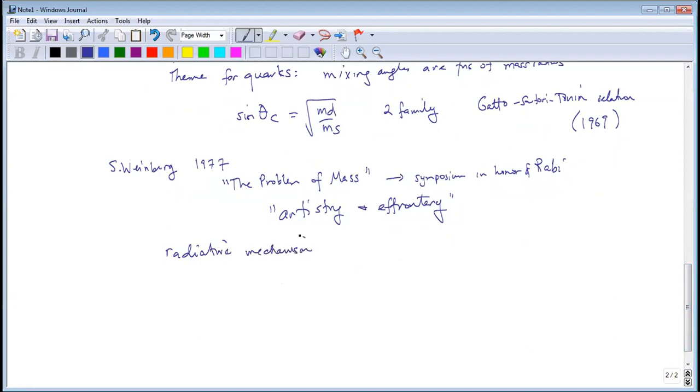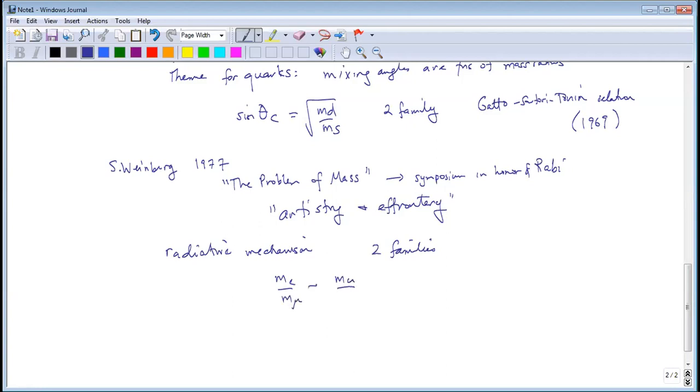So basically, he was imagining that there was a heavy generation. Remember, back in those times, it was basically just thinking about two families. So imagine that you have one heavier family, and then the second, the lighter family, gets masses generated via loops, which he thought would be due to gauge boson exchanges. In fact, his thought was that you can have things like m_e over m_mu